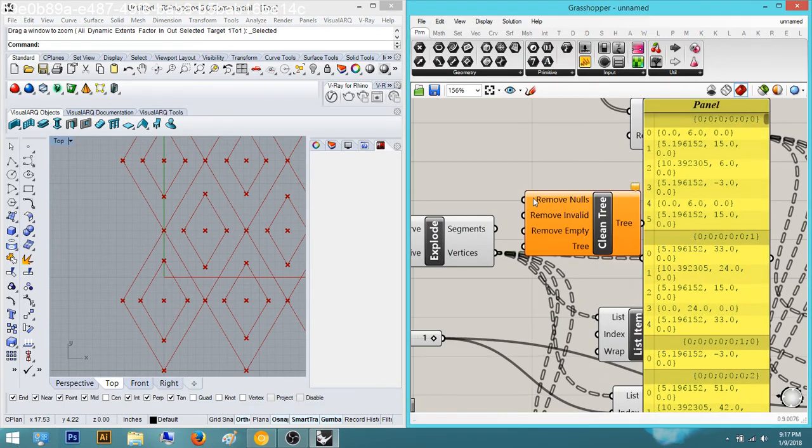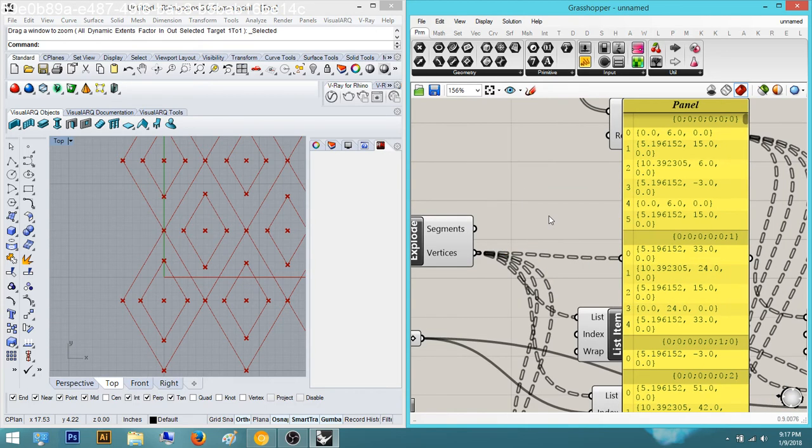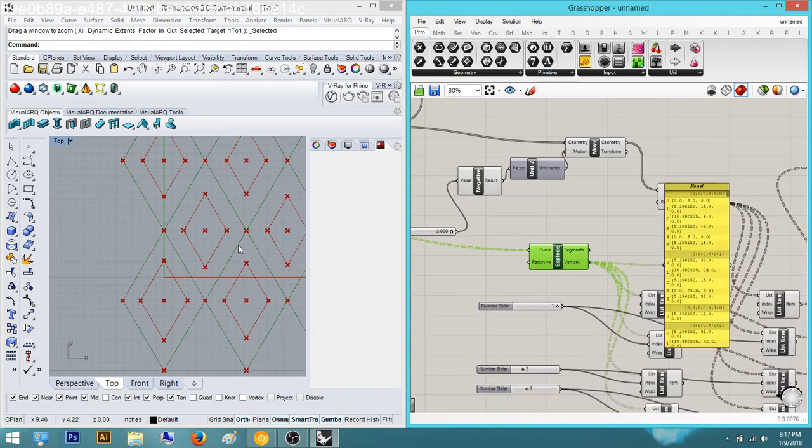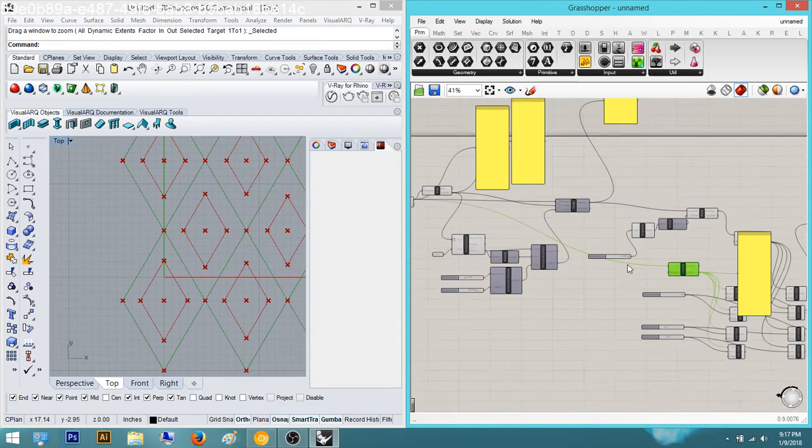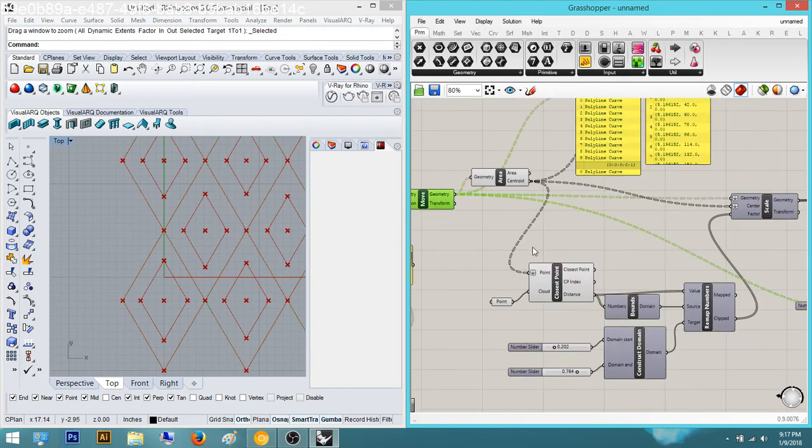Tree, quick. Remove invalid, remove empties. No, I want remove duplicates. Oh, I thought this would have it. Dang it. 0, 6, 5.15, 10.6. It's basically reading these, right? So if it's reading those moves,